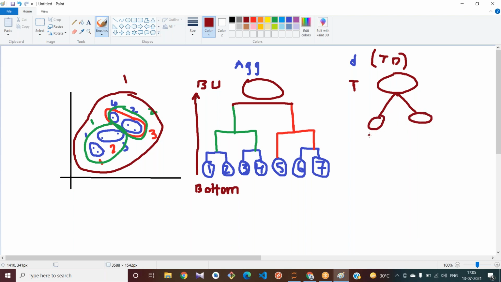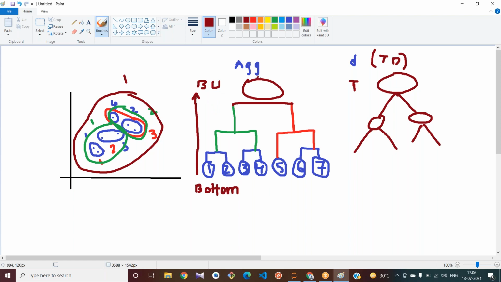This is done in the divisive method. It follows top to bottom, and bottom to up in the agglomerative method.